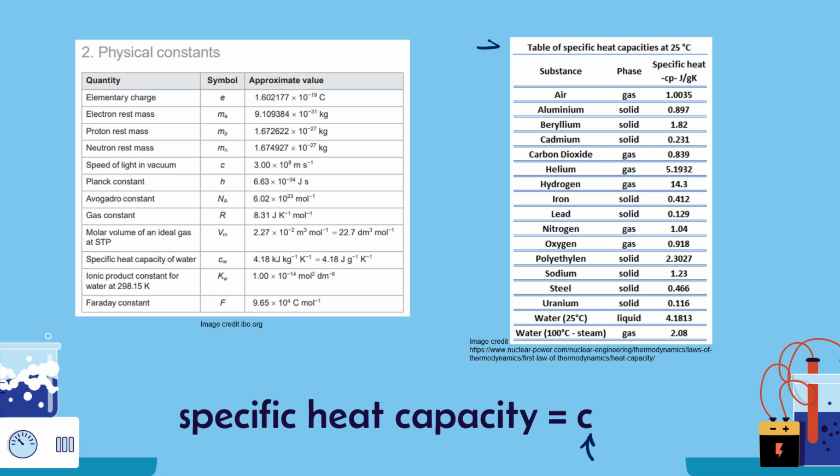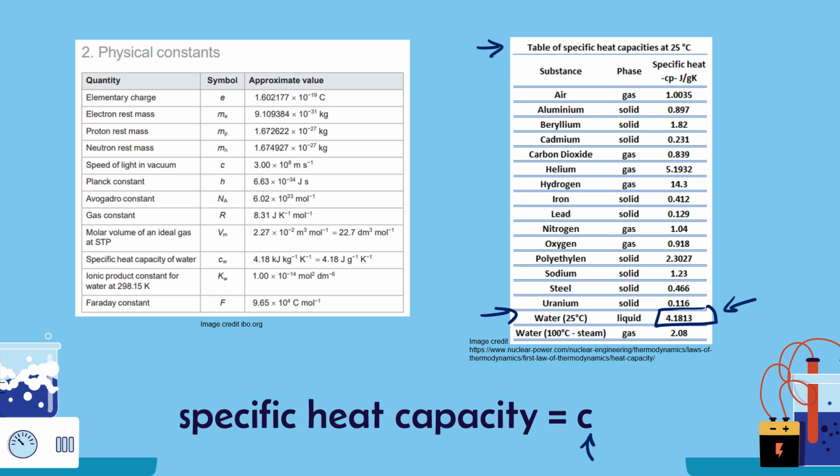So here we have some specific heat capacities of some various substances. Notice that water down here has a quite high specific heat. The specific heat capacity of water is quite high because of hydrogen bonding. It's really hard for us to get water to increase in kinetic energy because the water molecules are stuck to each other with all those hydrogen bonds. So